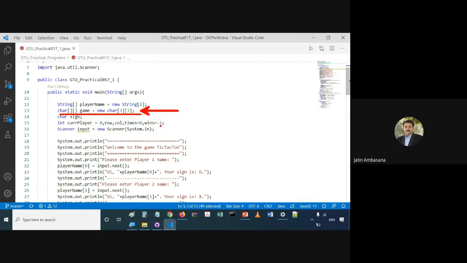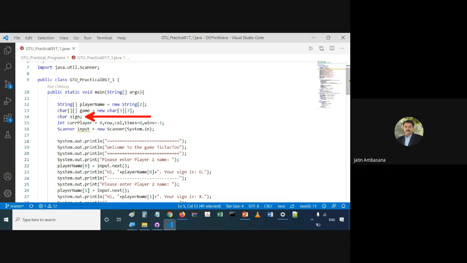Whatever the scenario is at the current time while the play is going on, this game character array will consist of the scenario of what moves have been made by which player. Okay.